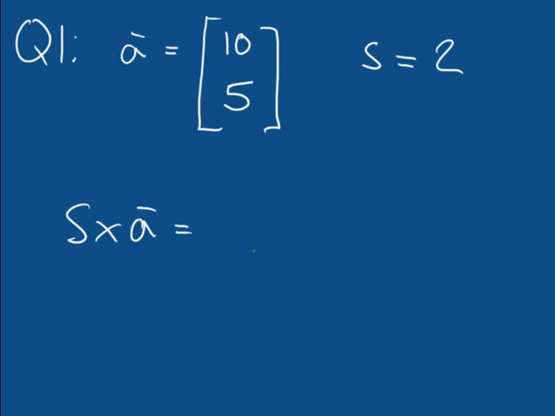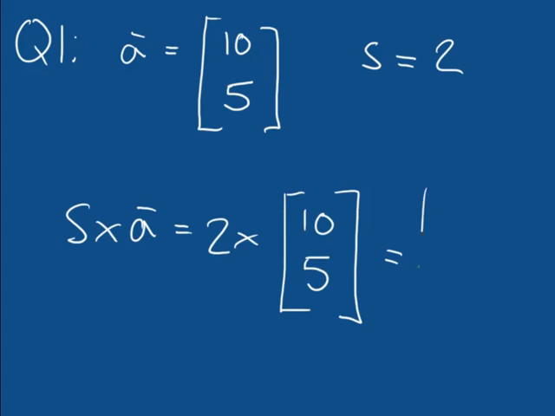Okay, welcome back everyone. So it is a very, very simple question. There's nothing complicated that we've seen really in this video, especially in terms of components. But just to make sure that you did understand everything fully, hopefully you've gone off and answered this question. And what you should have come up with is that s times a is equal to 2 times the vector 10, 5,